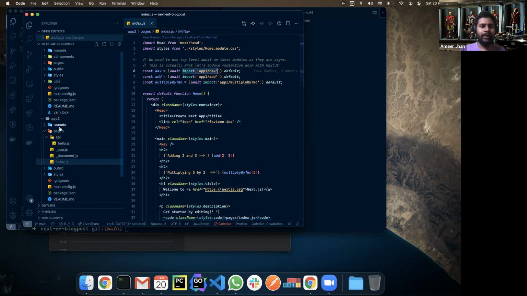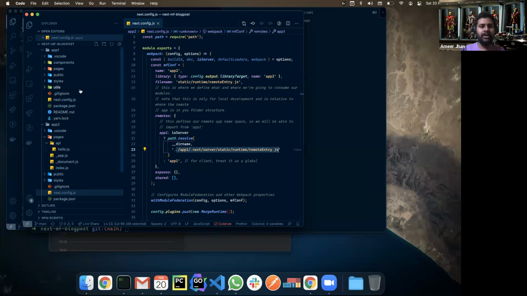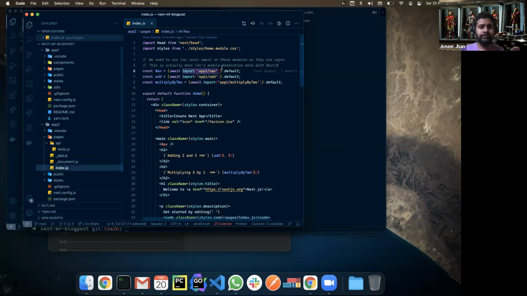And I just tell my Webpack config in Next.js where I'm fetching that bundle from. I told Webpack that after app one is built, you will see all the artifacts of app one in this particular path, which is right over here. Fetch it, and it is exposing the navbar and the add component. I would just import that. Webpack did the heavy lifting of shaking out all the common dependencies between app one and app two.